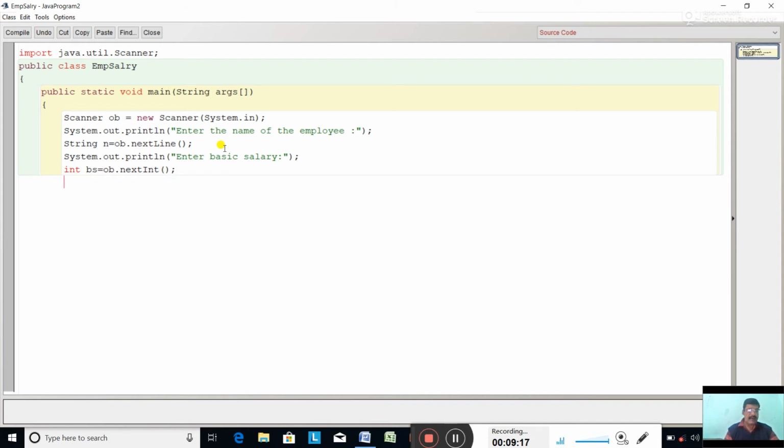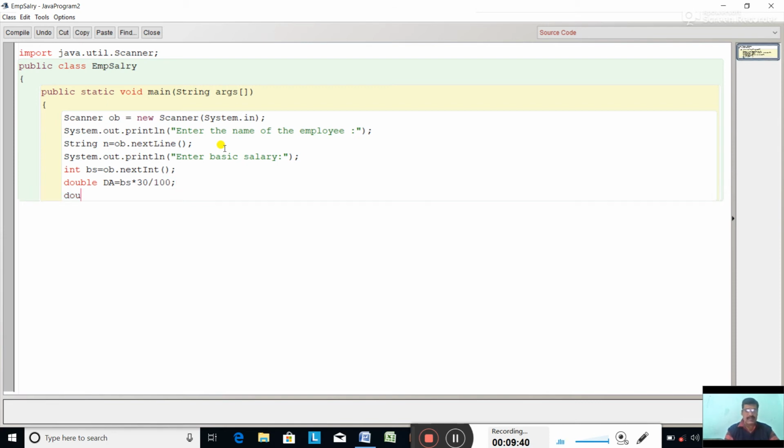Now calculate the DA. Double da, double type you can take, double da equal to, it is 30% of basic salary. Then bs into 30 by 100. DA is calculated.